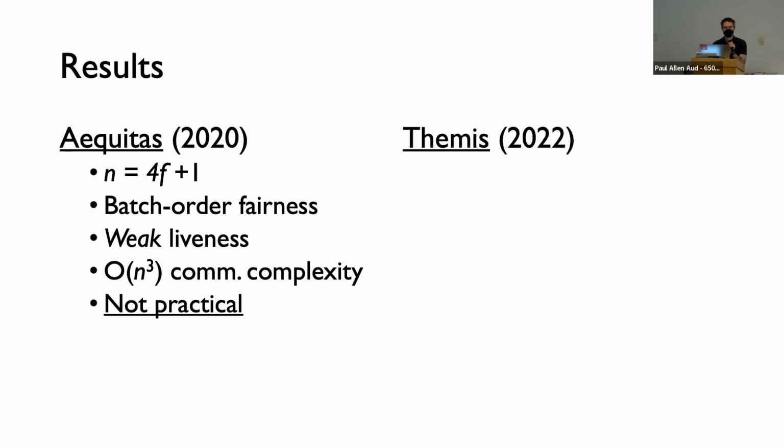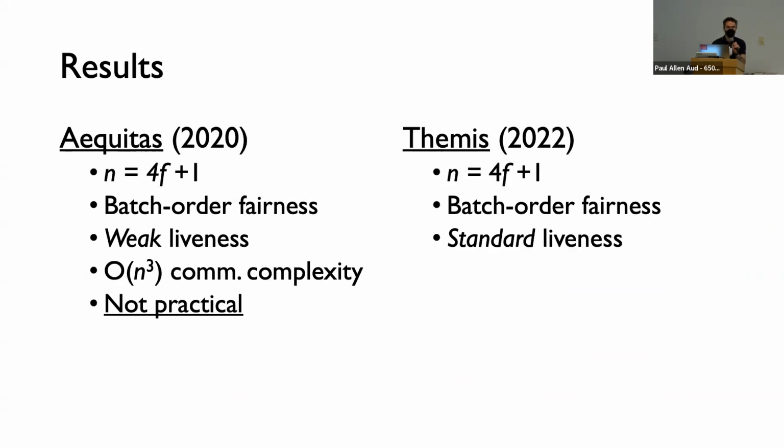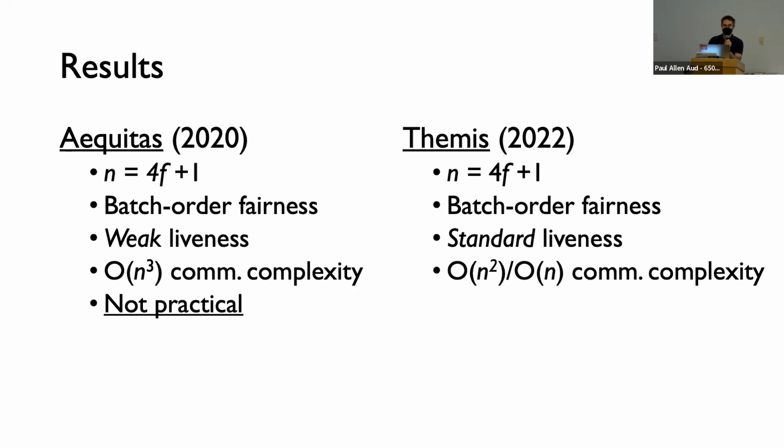But we've had a recent result in the development of a system called Themis, which is based on the Equitas family of protocols, where again, we get 4f+1, we get batch order fairness, but we're able to achieve standard liveness. The way that we do this is by gradually unspooling these Condorcet cycles, actually outputting transactions in a Condorcet cycle before we've seen the whole cycle. And some trickery was required to do that. We get very good communication complexity. In theory, linear. In practice, quadratic with a low constant. That's the quadratic one you would want to implement.